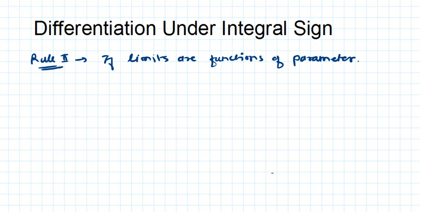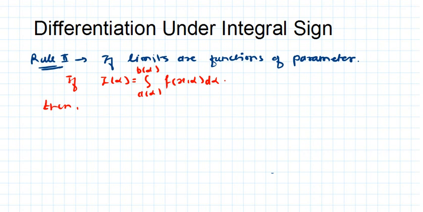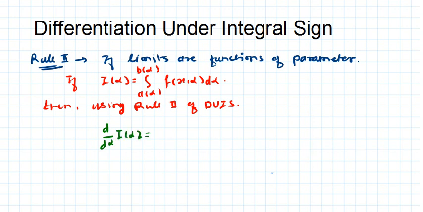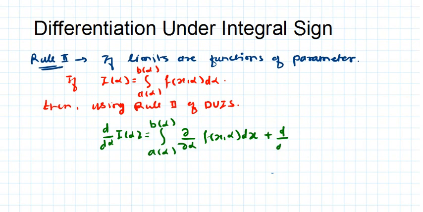So what says rule 2? If I of alpha is equal to integration under the limit a of alpha to b of alpha of f of x comma alpha dx, then using rule 2 of DUIS, we can write this as d by d alpha of I of alpha equal to integration a alpha to b alpha ∂ by ∂ alpha of f of x, alpha dx plus d by d alpha of b alpha into f